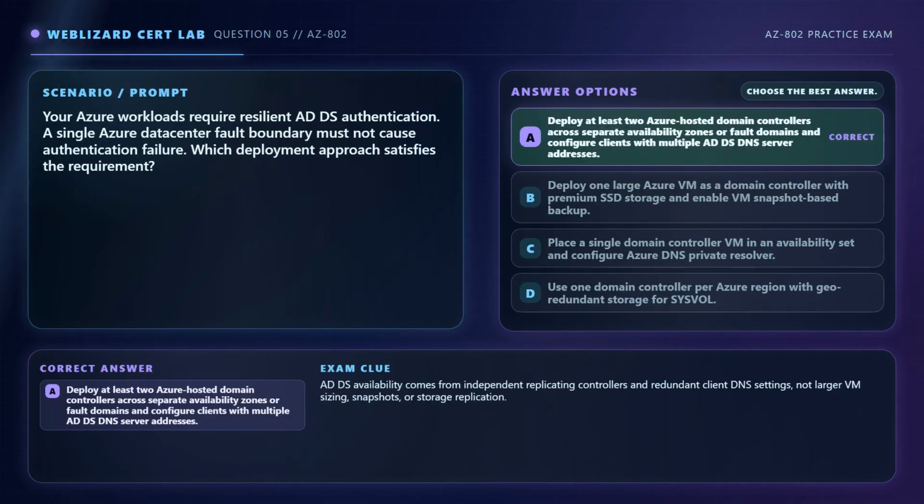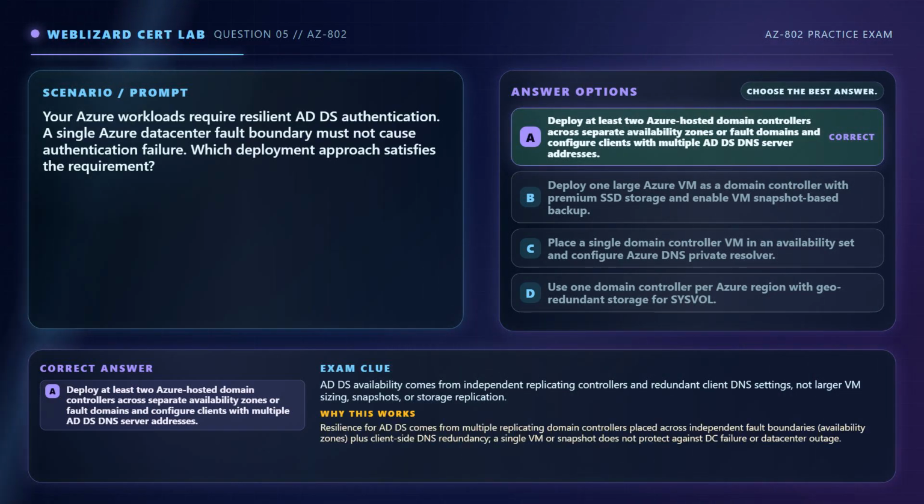The correct answer is A. Deploy at least 2 Azure-hosted domain controllers across separate availability zones or fault domains, and configure clients with multiple AD-DS DNS server addresses. Resilience for AD-DS comes from multiple replicating domain controllers placed across independent fault boundaries, availability zones, plus